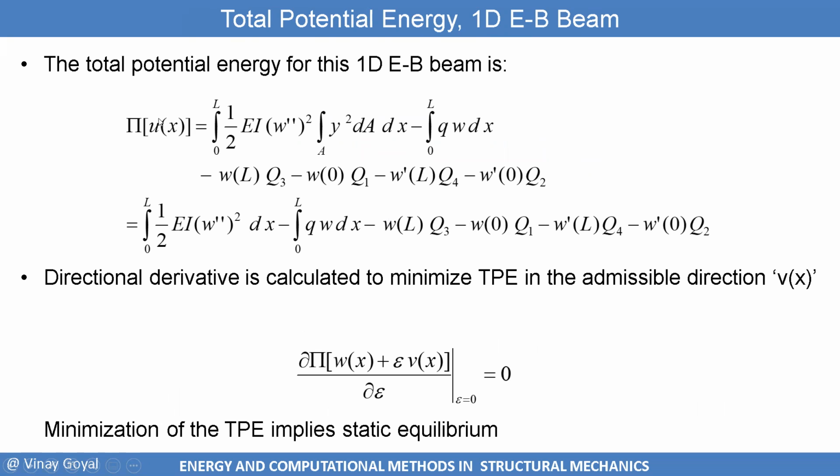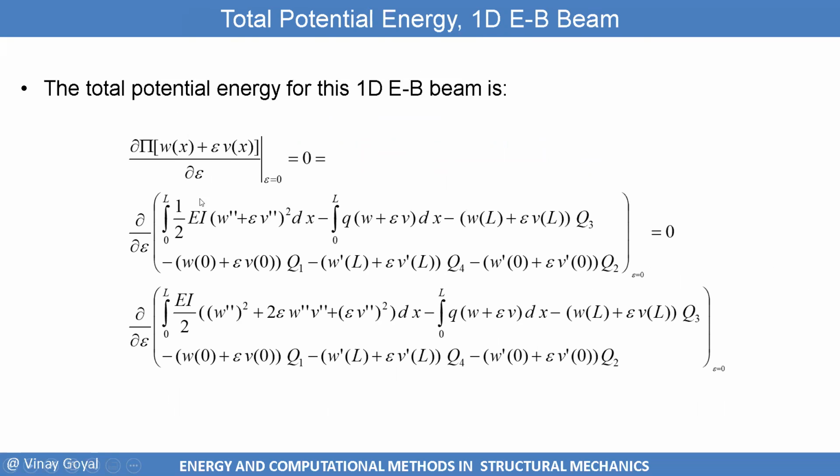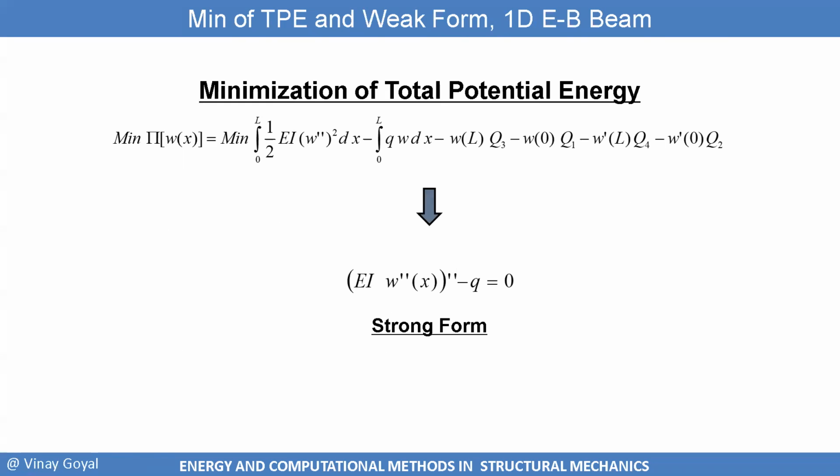And to extremize pi, all you have to take is the partial of pi with respect to epsilon. Again, I use v; I've been using eta in the past. It's okay, it's the same thing. When you do that, you can then minimize the total potential energy. You'll go through all those steps, which you've done a few times now, and when you integrate by parts, again, you get the Euler-Lagrange equation, which is a strong form of the problem. And again, just to remind you, when you solve the Euler-Lagrange equation for W, that W is